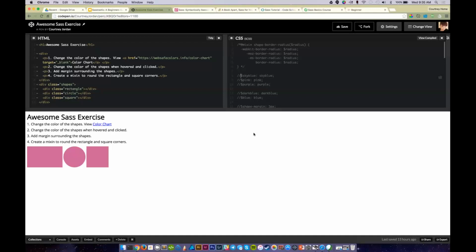I've already defined some colors up at the top. So you're going to create your variable. You can give it a value. Okay. Then we're going to go down to the shapes. You can go down to rectangle, and we're going to locate the background color.